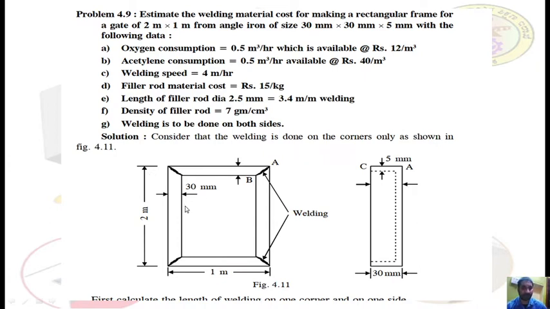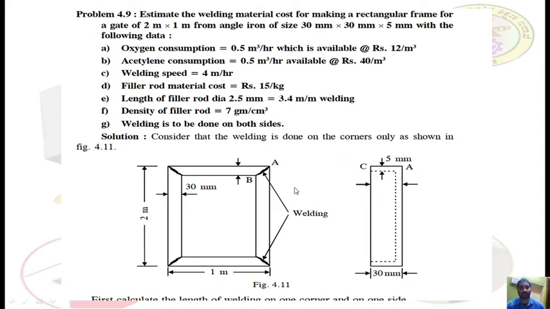For preparing the gates, we have to make the edge preparation like this. We are making a rectangle, so it is a must to prepare the edge here like this. You have to cut exactly 45 degree here and on all the edges. A 45 degree cut or angular cut you have to make in each plate. So the total length of the weld should be the length of AB. If you consider this as length AB, then in the side view the length of AC. The total weld in one corner would be the length of AB and the length of AC.